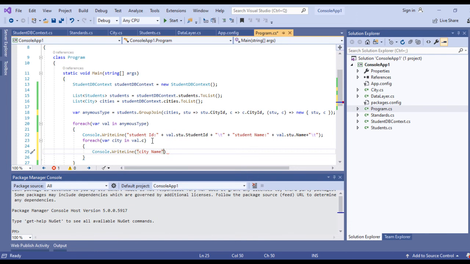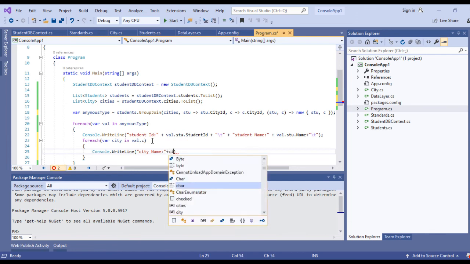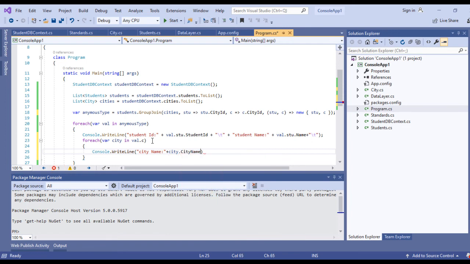Let's use a column here, city name, and we have to use city.CityName. Okay, we forgot to use plus here. Now in this way we can make use of the values of the city table.